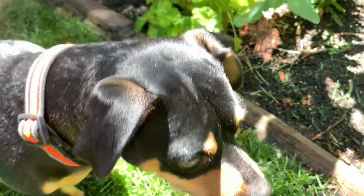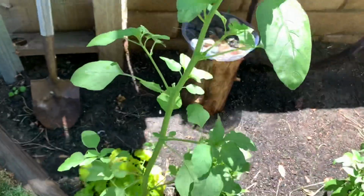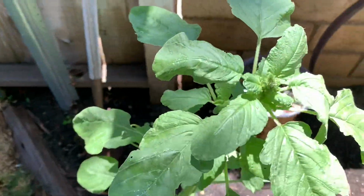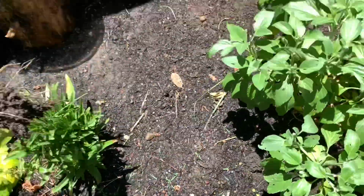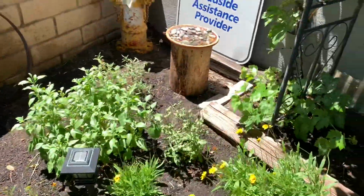Huh? I thought this was a sunflower. So I was just gonna leave it, but now looking at it a little closer, now that I've had the time, I don't think it's a sunflower, so bye-bye. Out he goes. He's gone. So the bee and butterfly garden,